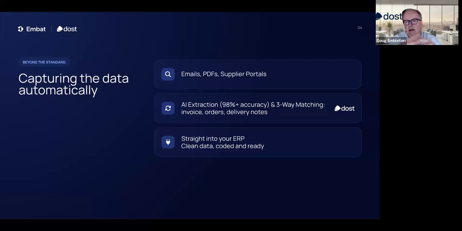When our AI and the visual language model extracts, I'll give you an example: you could receive a utilities invoice for electric from a supplier, and typically you would extract the standard information. But when you use VLM, you can actually read the MPAN numbers. At the same time as reading the MPAN number, you could look at the contract database to check, on this invoice, is this the correct value for indirect spend for our utilities?